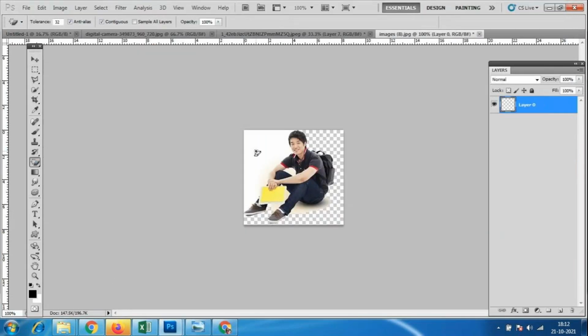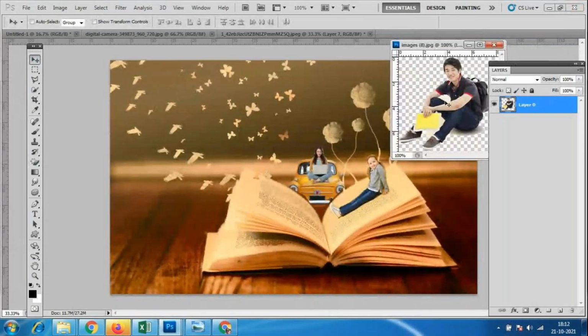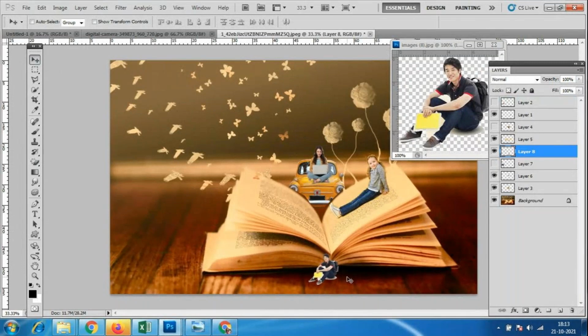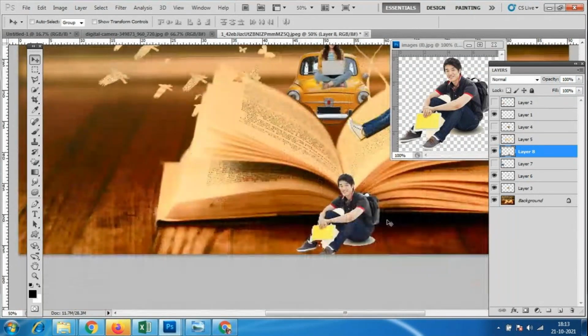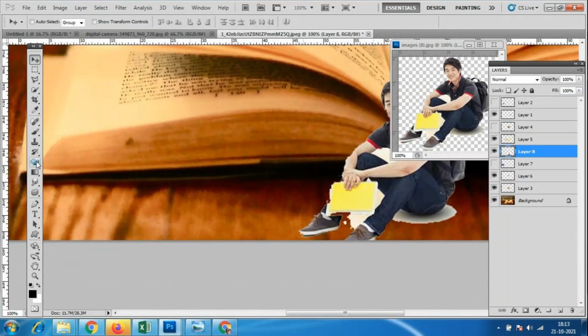So like this, I'll go to here, and too many people are sitting. I'll just zoom it and make it proper with the magic eraser tool. So here we have this magic eraser tool, and again I'll go to this eraser tool. I'll reduce the brush size.